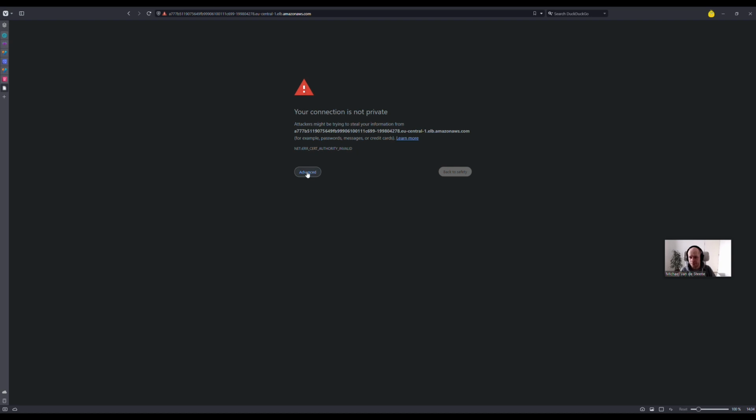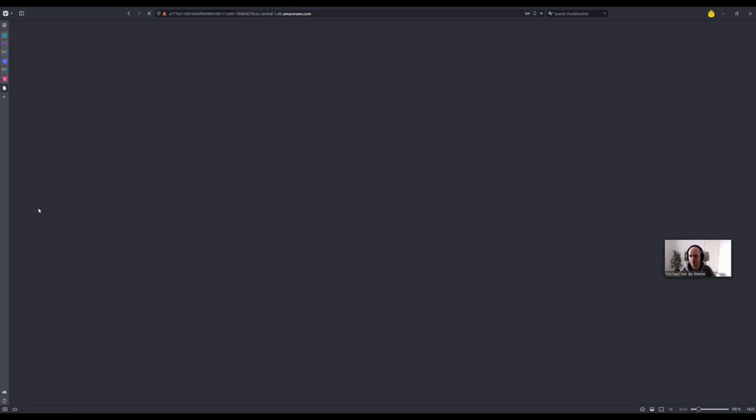So for the purpose of demonstration, I am going to continue here, proceed to this access point because I know that it's actually safe and my browser is just warning me to make sure I know what I'm doing. So I'll continue here, and I'm faced with this message which says we couldn't connect your nannyML Cloud instance. Now, the most likely cause for this is that the server is still starting up, because